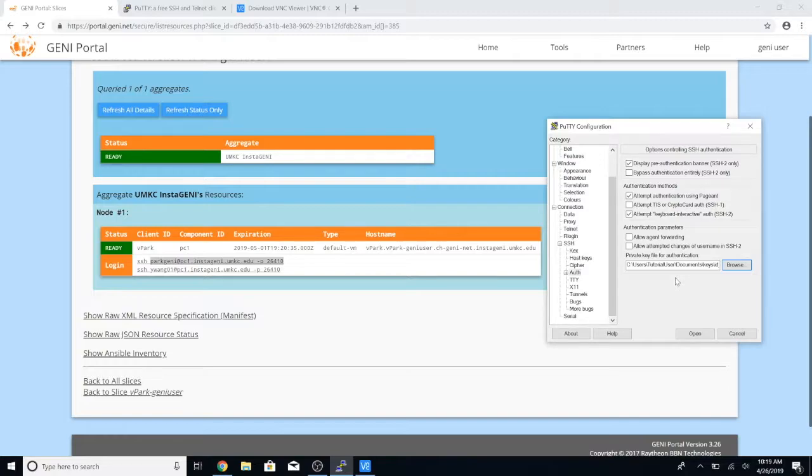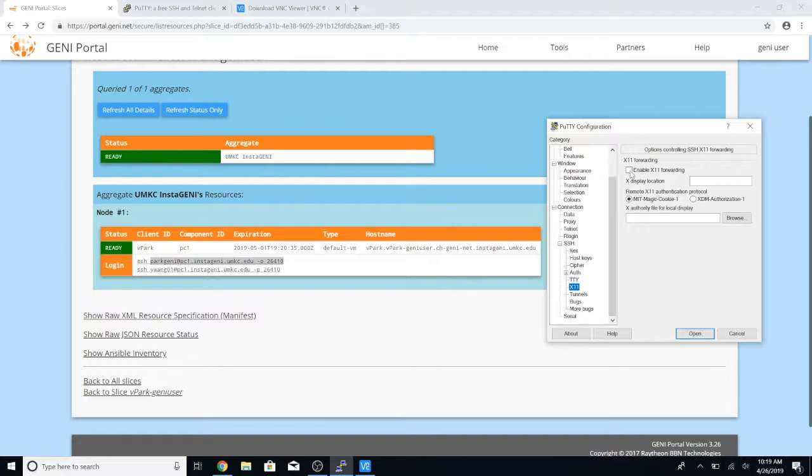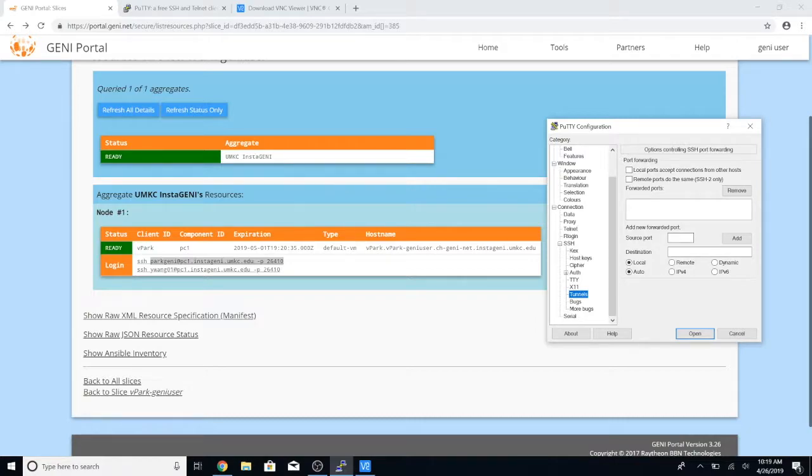Since we're trying to make a tunnel for our VNC client to connect through, we will require a few additional configurations for our PuTTY terminal. We want to navigate back to this left side here, and underneath the Auth tab, we want to select the X11 tab. We want to click on the checkbox that says Enable X11 Forwarding. Then we want to go to the Tunnels tab,